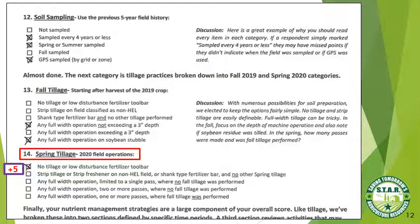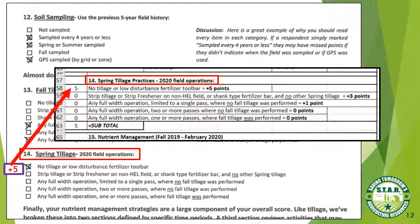Section 14 is for any spring tillage practices. Steve used no tillage in the spring, so he was given 5 points. If he used a fertilizer toolbar that was not a shank type, he would still get the 5 points. However, if he used strip tillage or a strip freshener on land that is not highly erodible, or if he used a shank type toolbar and no tillage was used in the spring other than those, then 3 points would